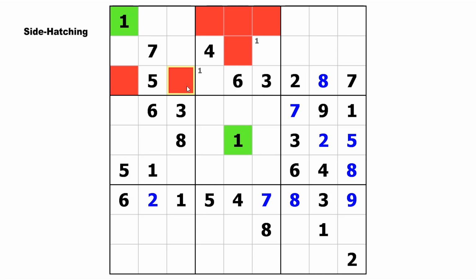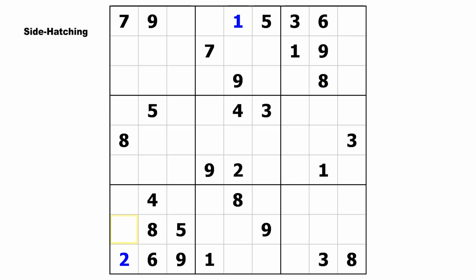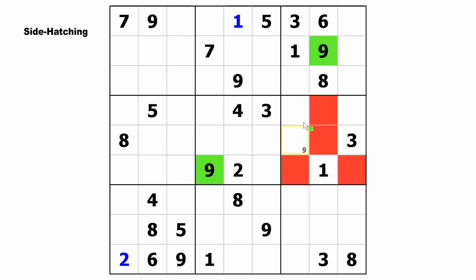So this candidate 1 in row 3 is a hidden single, and you can enter it just like that. And lastly, here in this diagram, let's take a look at digit 9. These two 9s block these cells in block 6, leaving what looks like 3 possible locations for a 9 to